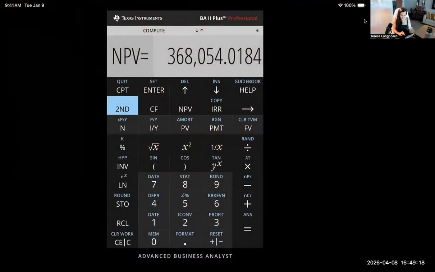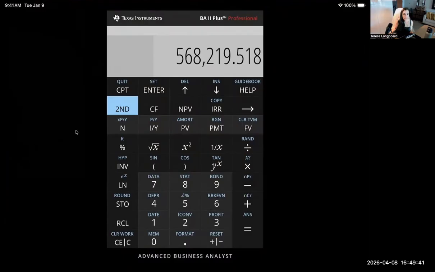So recall 3 plus recall 6 plus recall 7. It's already a positive. So 568,219. I'm just going to check. I found the result